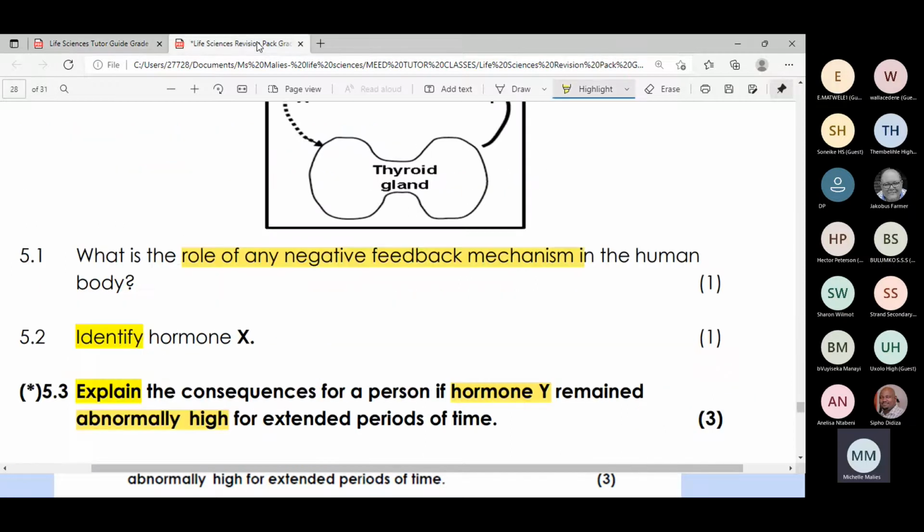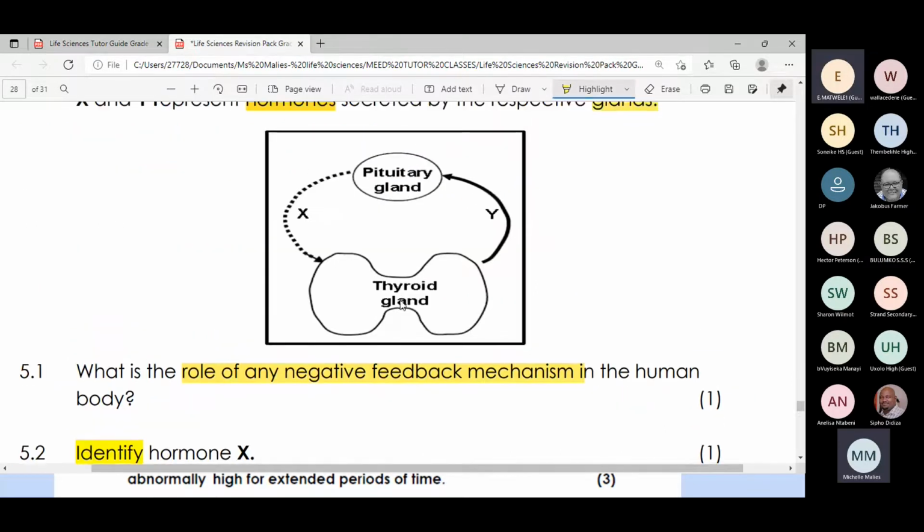Now, if I go back to the diagram, grade 12s, if you wrote here which hormone is coming from the pituitary gland, TSH,